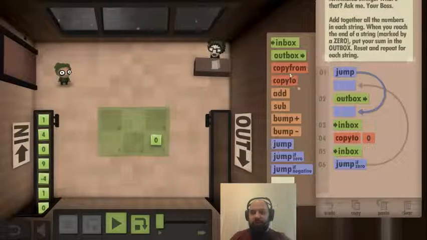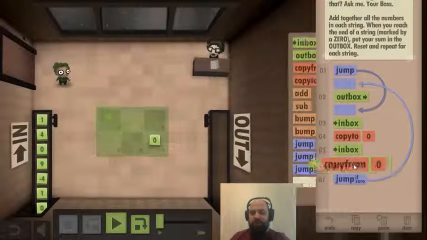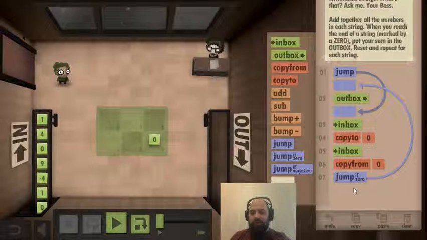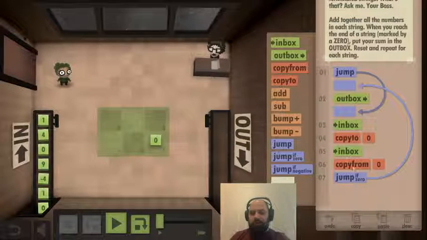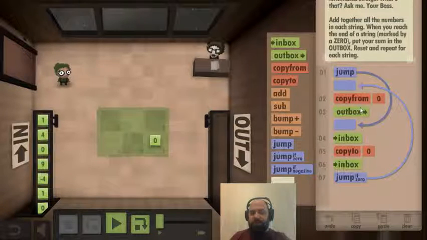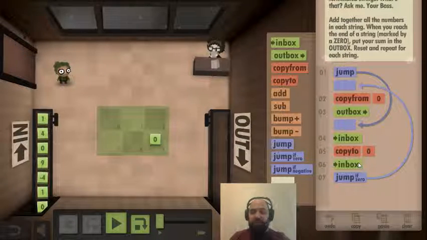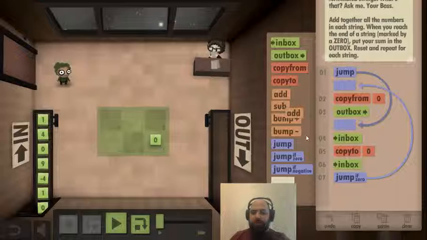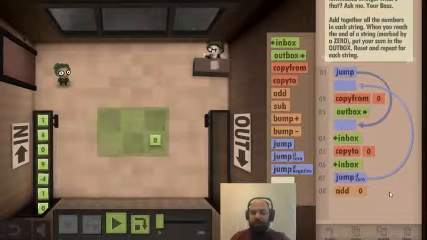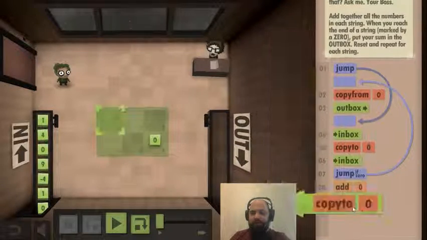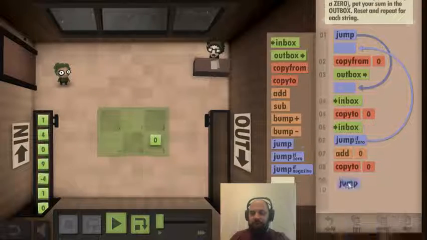Now if it's 0, we copy from 0 and then outbox it. Else, if it's not 0, we add it to 0 and then copy it to 0 again. And then we jump